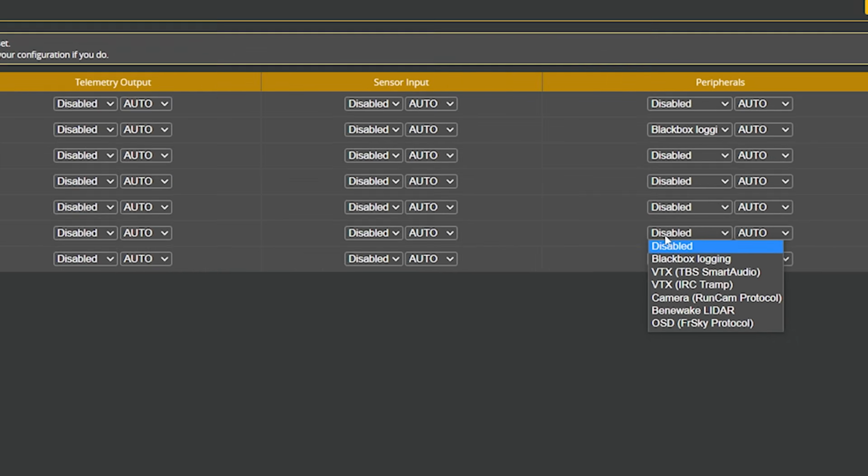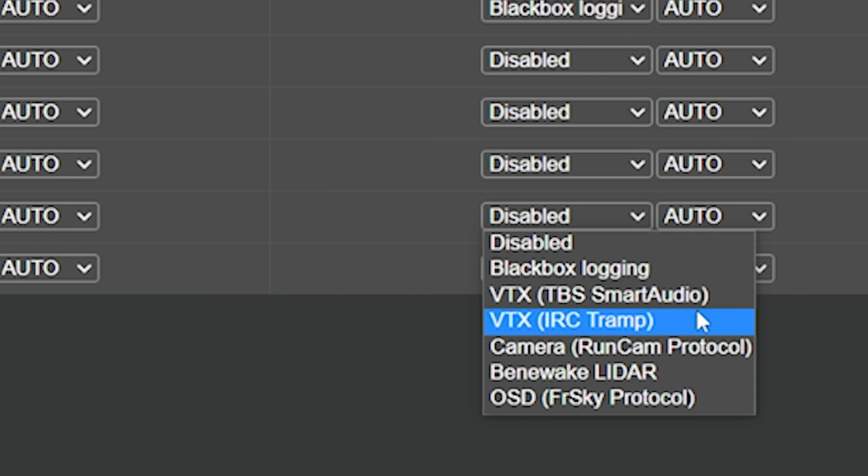Tramp telemetry comes from Immersion RC, so Immersion RC will use it, and I think a few others, like Maytech, use it. The bottom line is you have to look in the video transmitter's product page or other documentation to see which of those is correct. So if we had wired up a video transmitter to UART 5, we would choose either